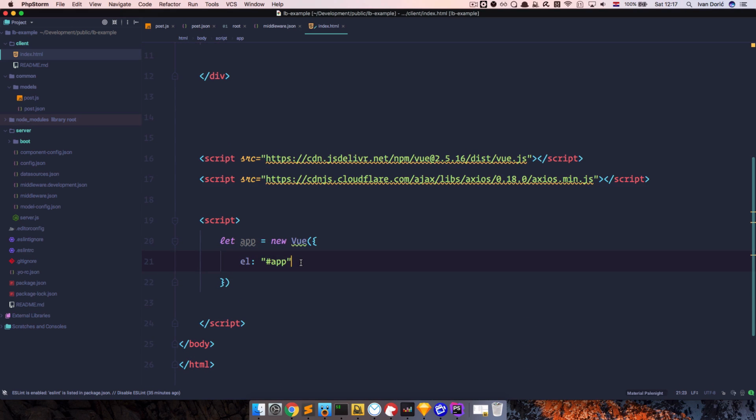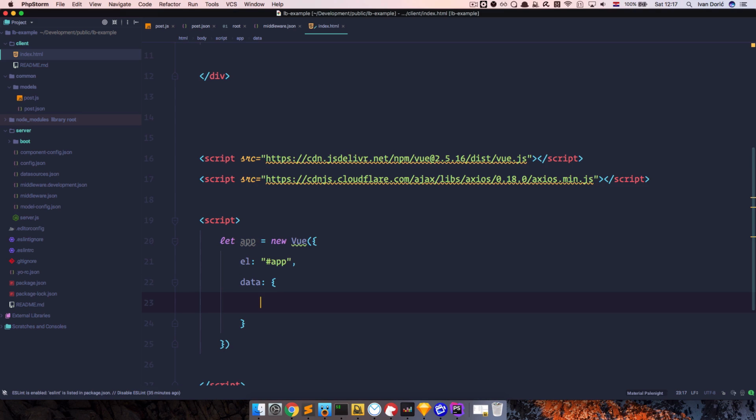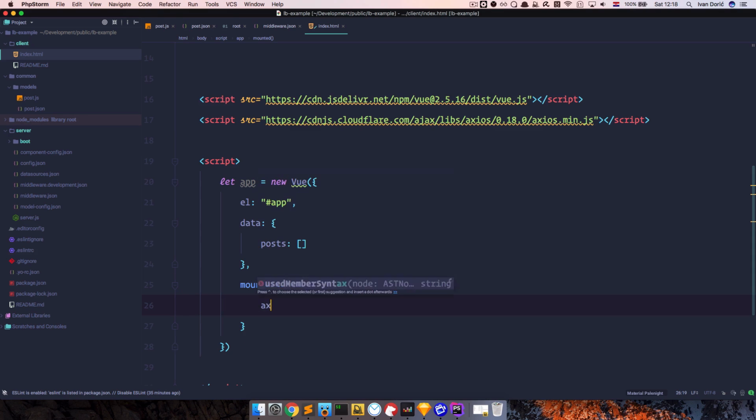And now what we want to do is define our data. It's going to be an object in which we are going to be receiving some posts that are going to be an array. And what we want to do now is say to Vue, once you're mounted, or once you started, then get the posts from the posts API and set them to be these posts right here. So to do that, you would just do mounted,